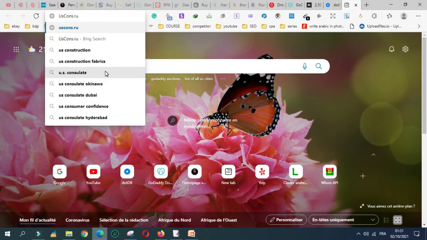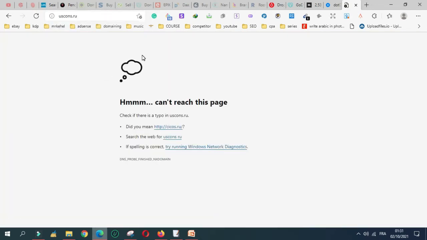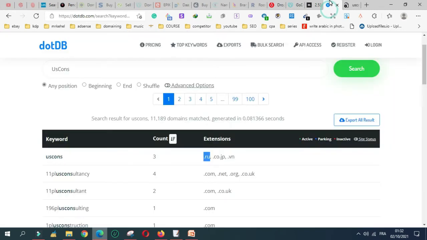Why am I talking about this? Because simply this person, if he already owns the .ru or let's say .net, .org, .io or anything like that, and you own the .com, this person can be very interested to get your domain which is the .com, which means that you can sell it for a good price. Okay, and if the domain is registered in a lot of extensions, this means that this keyword has a lot